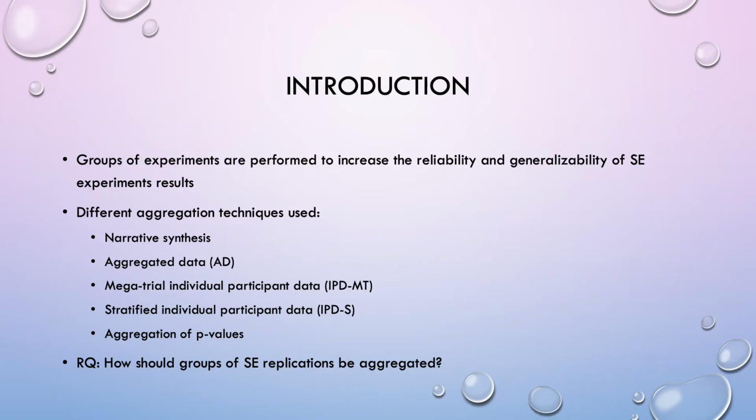Experiments are commonplace in software engineering, with the aim of increasing the reliability and generalizability of individual experiment results. Software engineering researchers build groups of experiments by means of replication. According to a systematic mapping study that we undertook, 5 techniques are being applied to aggregate groups of software engineering